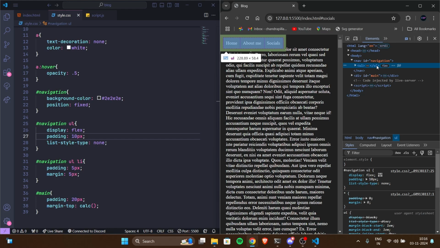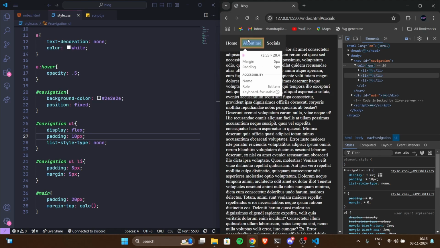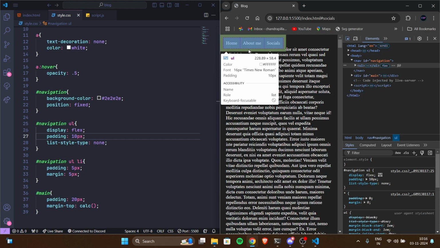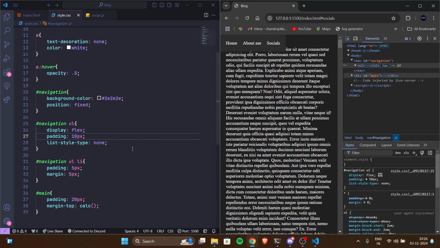So what we are going to do now is add the bottom padding. This one is 10 pixels, and this one is 10 pixels. So we have a total of 20 pixels. And now we further have this one, which has a padding of 5 pixels and margin of 5 pixels. Those two combined will be 10 pixels, and we have another 10 pixels at the bottom. So this one is 10, this one is 10, so 20 as well as 20. We don't need calc here, so I can simply do 40 pixels,